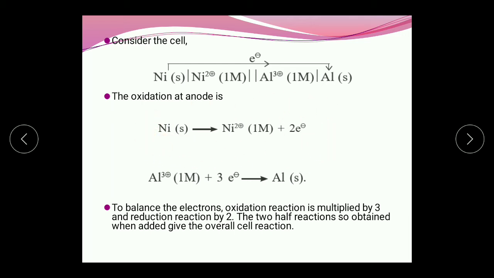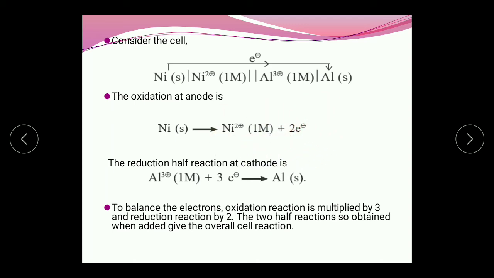Now, what will happen at the cathode? At the cathode there will be reduction. What is reduction? That is gaining of electrons. Or in short, you can remember Al plus 3 will get converted to Al, like Ni gets converted to Ni plus 2. So the reaction is in the sequence itself. Now this Al plus 3 ion, how will it get converted into Al? To balance the plus 3 charge, it must accept 3 electrons. As Ni is getting converted to Ni plus 2 because its valency is plus 2, it will remove 2 electrons.